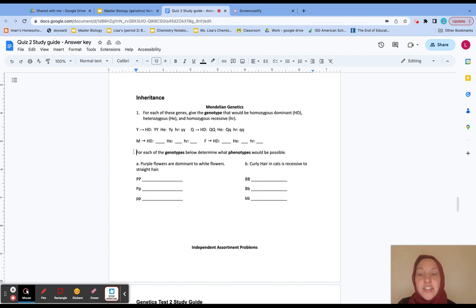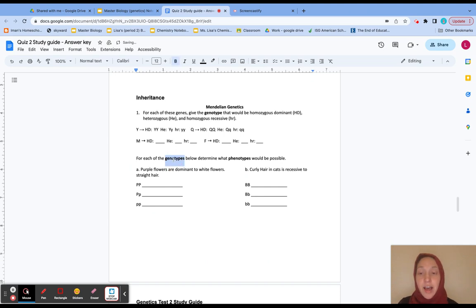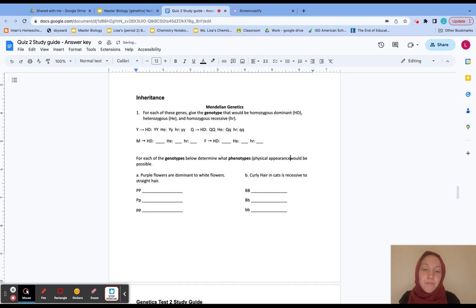Okay, so now it says for each genotype. I'm giving you the genotype of homozygous dominant, or I'm giving you the genotype of heterozygous, and you have to tell me what the phenotype would be. So remember, phenotype is the physical appearance. Okay? So purple flowers